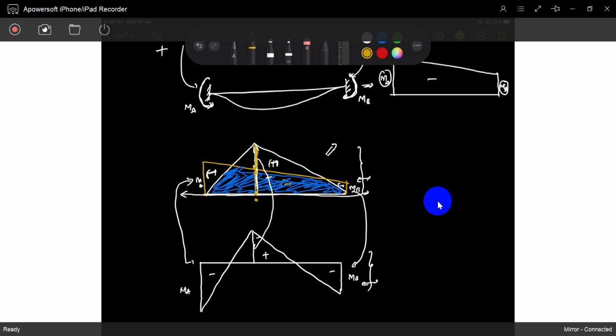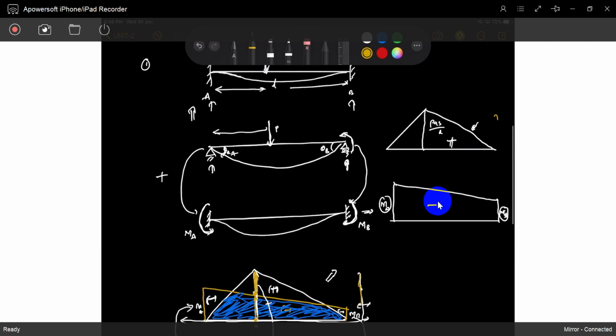This is the bending moment. The positive and negative cancel. The remainder is only the bending moment. But I represented both on one side. So this value. Okay, this value. So this is MA, MB. So positive, negative. These are negative. This is positive. But you can represent it like this. We take the simply supported case and the fixed end moments, and both we will combine. That is the meaning.